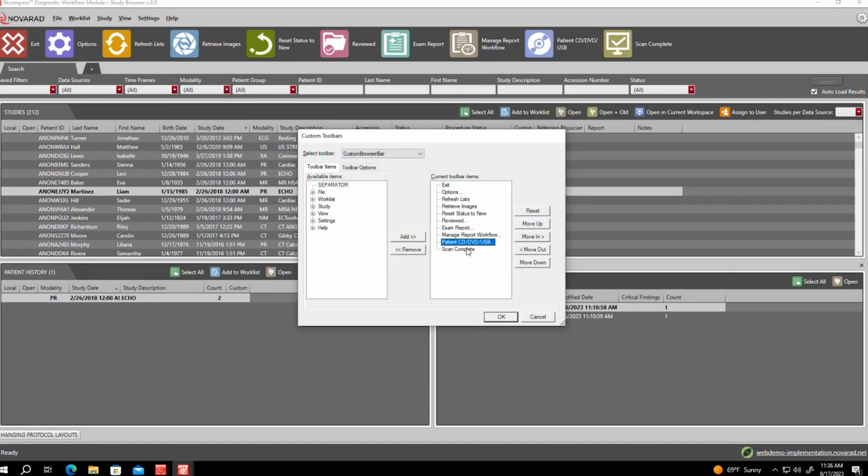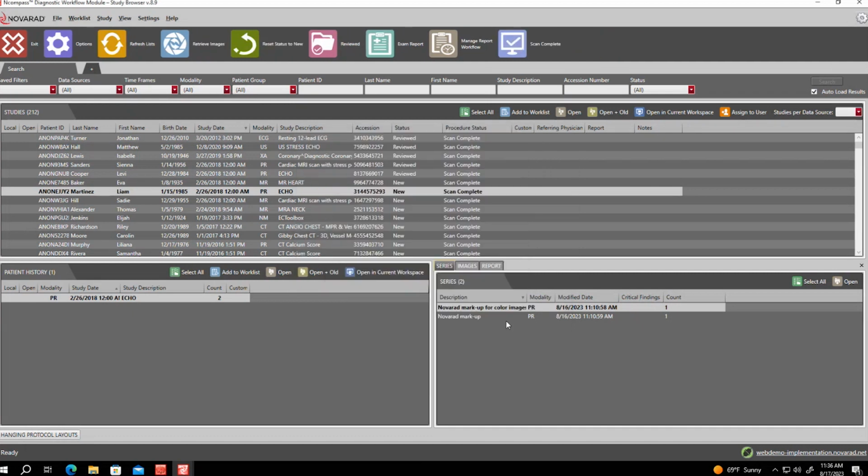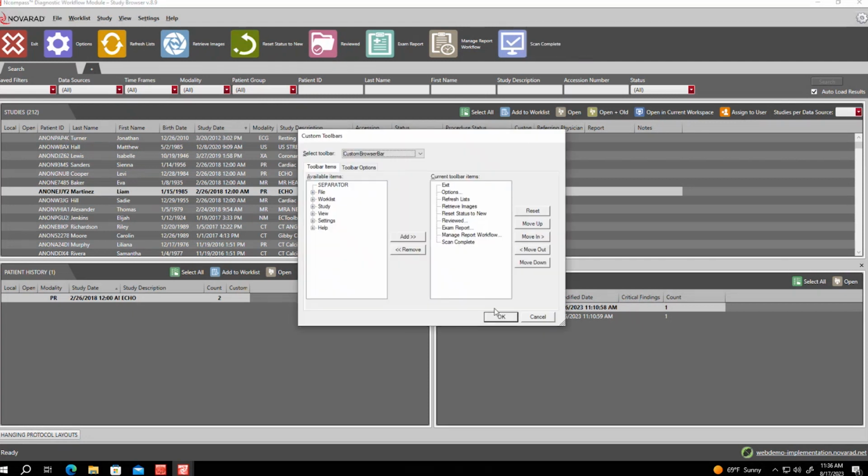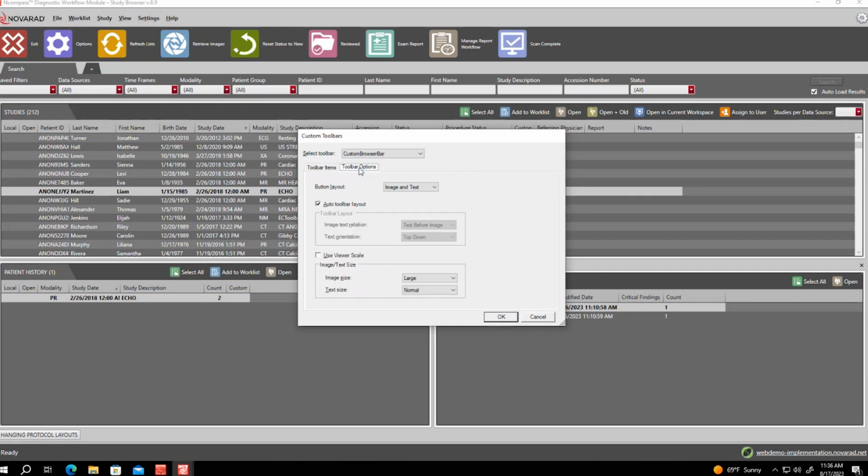One of the ones that normally comes up as a default is the patient CD/DVD burning option. Some of the sites have transitioned over to our crypto chart product and don't use the patient CD and DVD anymore. So if that's not a button that's really being used, you can just quickly highlight it and remove it. And then once you hit OK, you'll notice that button disappears and it frees up space for additional buttons if you need. In order to add a button, you would just find whatever tool that you wanted to add, highlight that, and click Add.